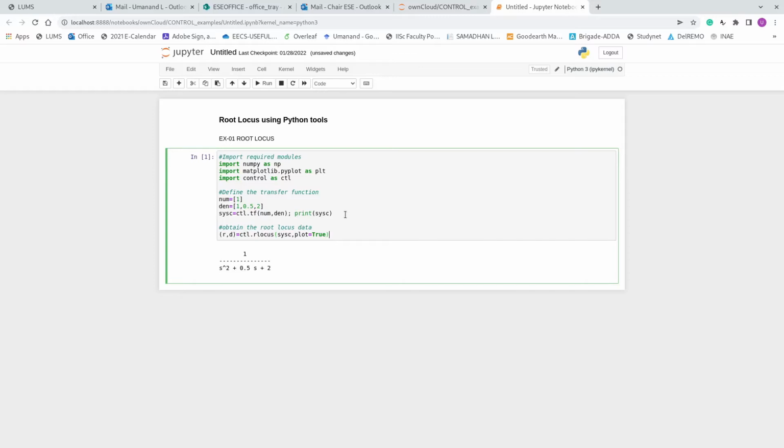This will get the root locus and put it into these two vectors R and D. You may not actually use the values of the R and D vectors, so you could also just use this: control toolbox, take the function rlocus, pass the system and plot is equal to true.